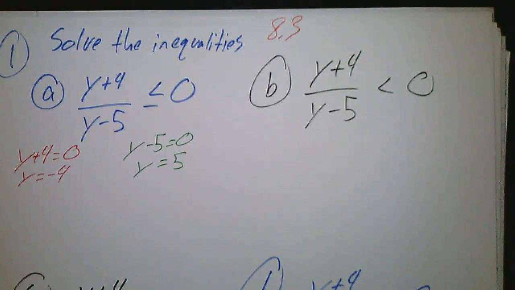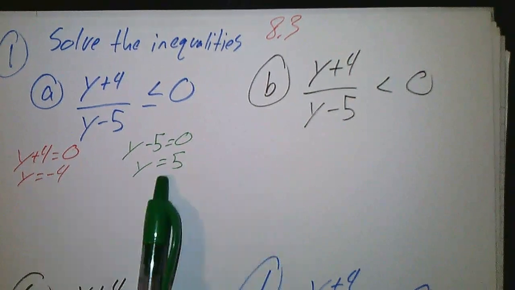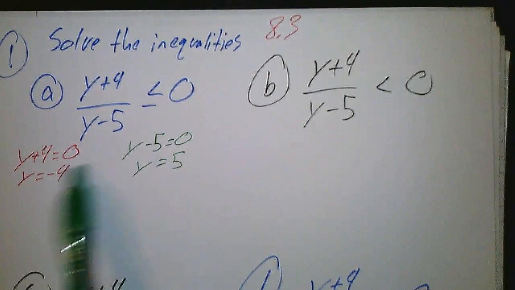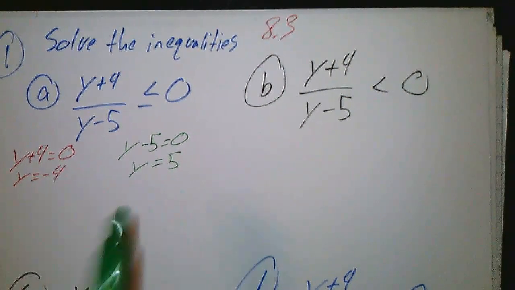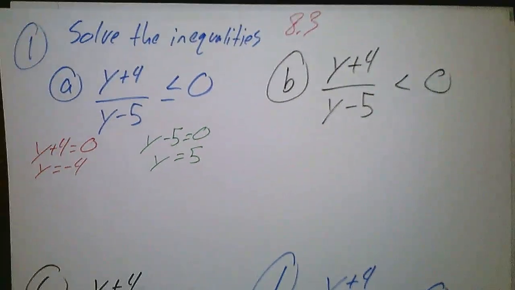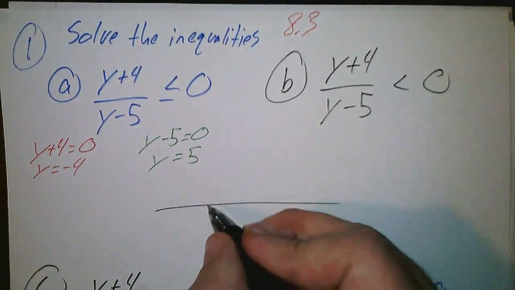They're the important values here. -4 is a solution. Y equals 5 is the asymptote. But we set the numerator and denominator equal to 0, and this gives us our key points, or the turning points. I've seen it called different things,